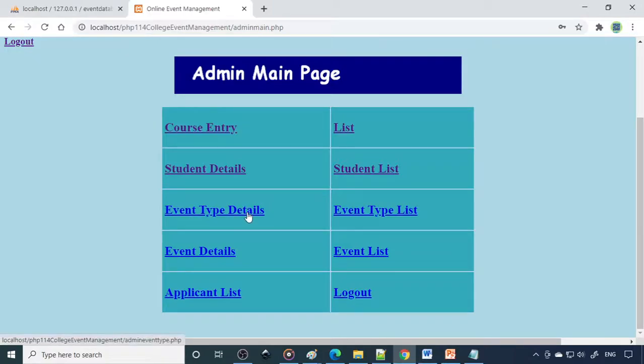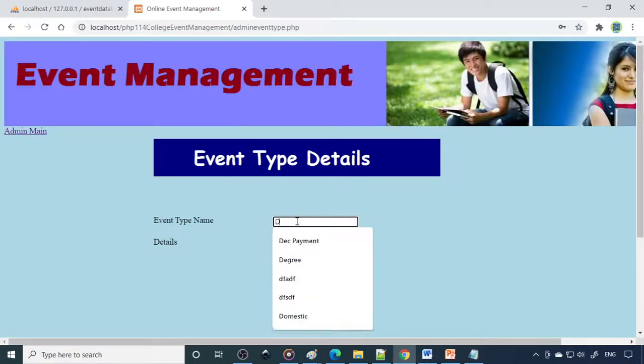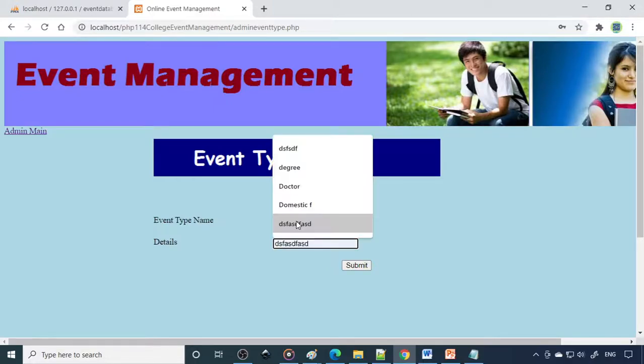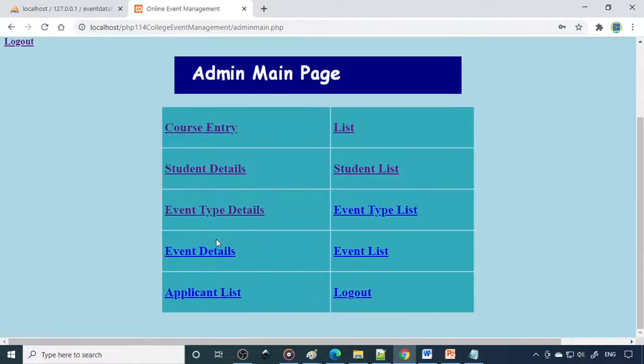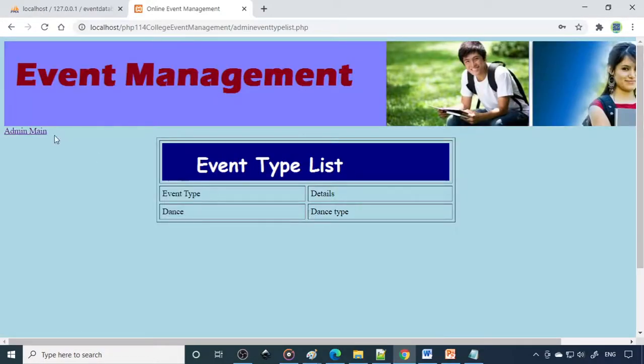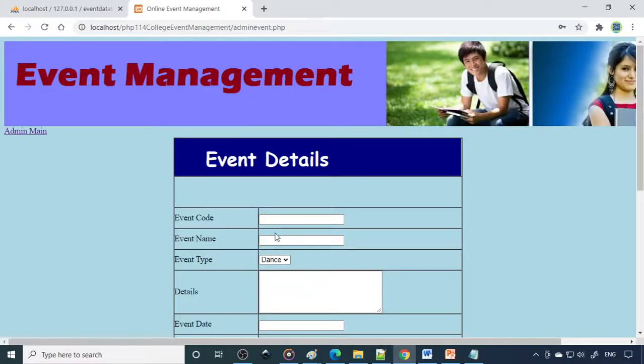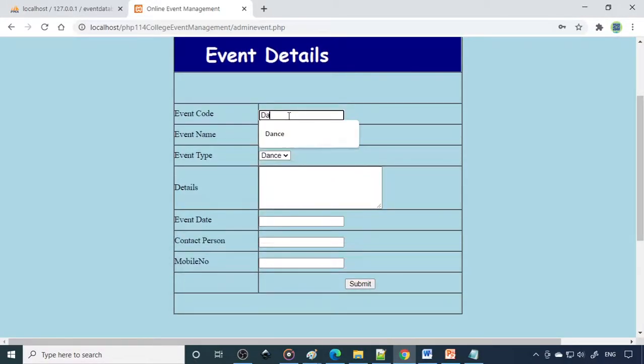Next is the event type. What are the types of events? Let us take a dance event. This is the dance type. This is one type, and in that debate and all other things come. So we take only dance here. There's the dance type, and in the event type list, one dance is created. Now in the dance, what type of dance is it? So now we can create Western dance. That is the code, and this is the Western dance. Right. So now this comes under the category dance.